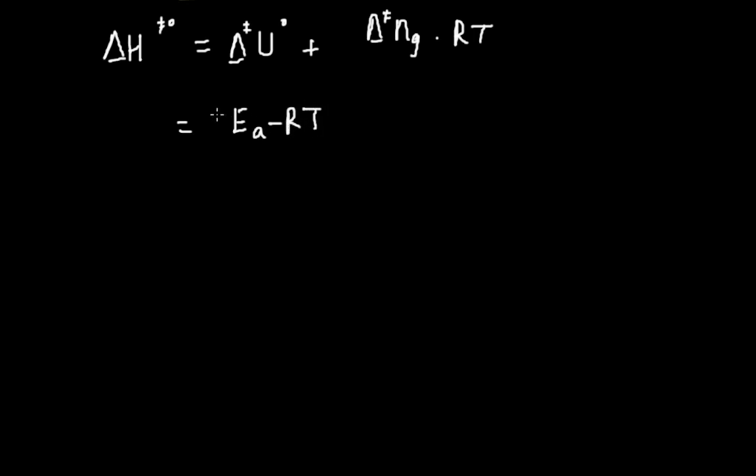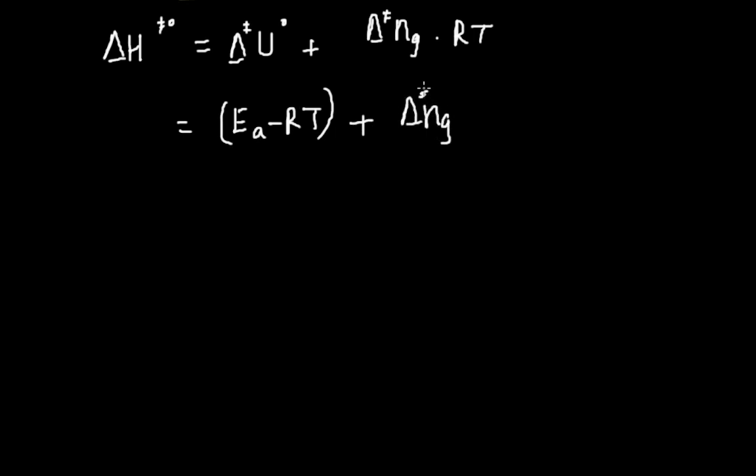Delta H naught is given by delta U naught plus delta ng RT. Okay. So delta U naught is given by Ea minus RT, if you remember, we just derived that, plus